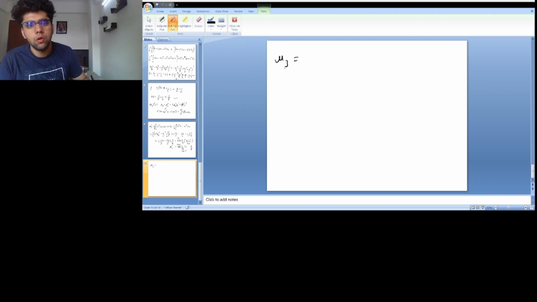Now the formula for the third moment with respect to the mean is,